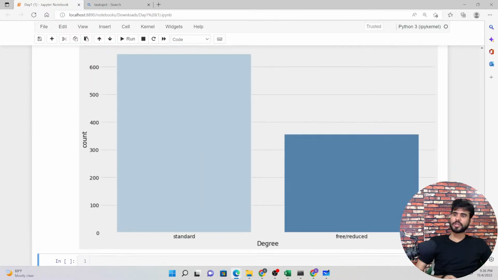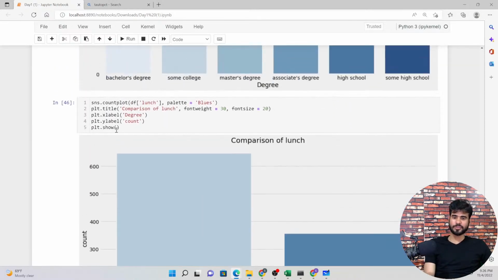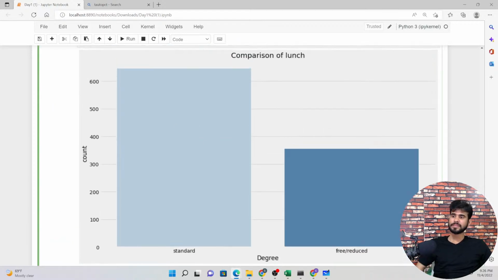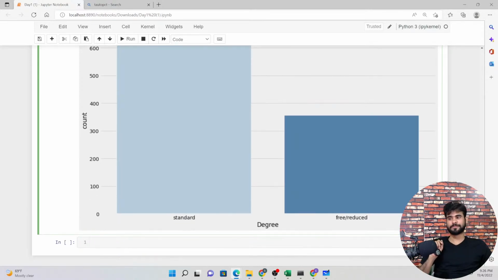Yeah, as you can see in this graph, don't focus on X label and Y label, just focus on here. As you can see in this graph, students are taking the standard food more as compared to free food. Okay.